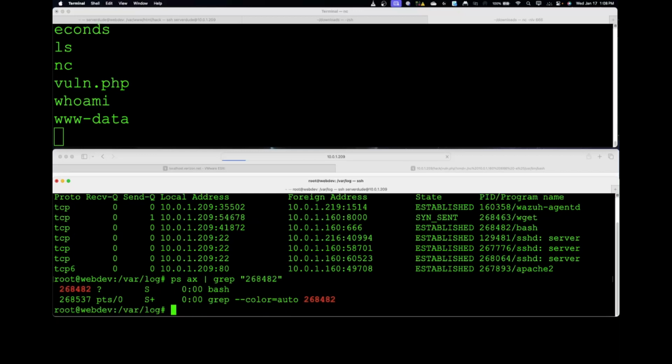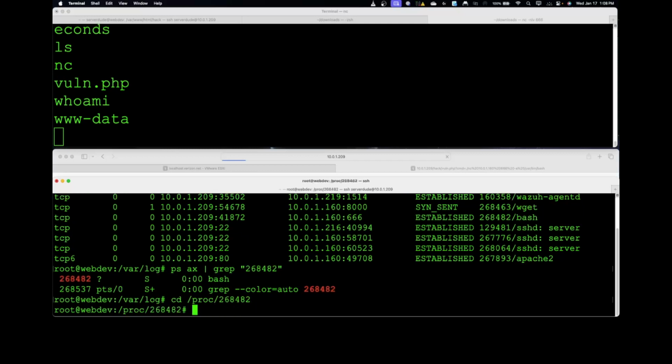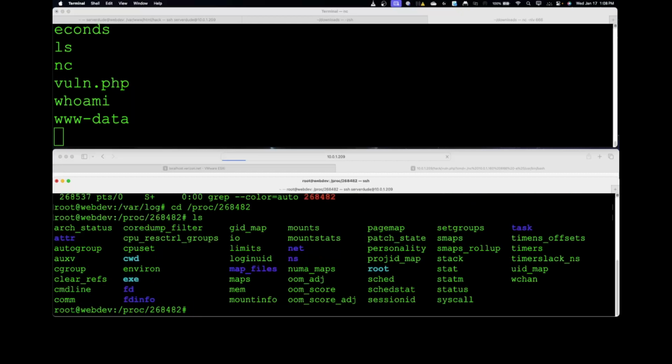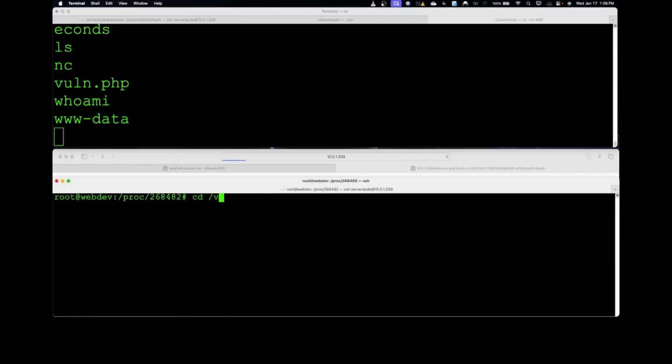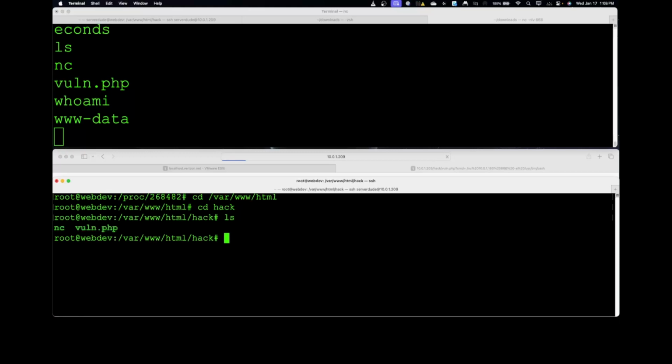We can also check to see in the proc directory if that PID exists, and it does because we're in the directory. We can also issue an ls. At a later time, I will show you how to navigate the proc directory in case there's no binary or executable that we could leverage. We could potentially recover it from the PID directory. So to keep things simple, we'll go back to the hack directory,